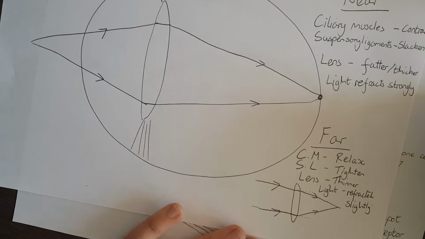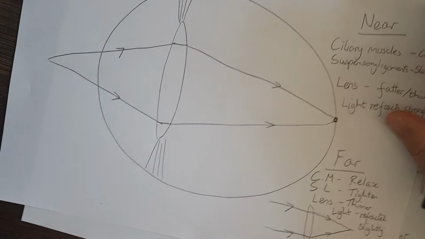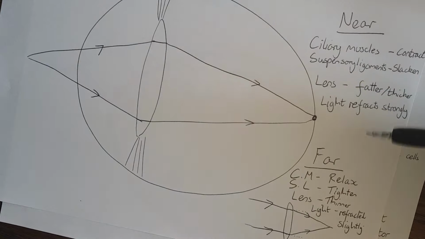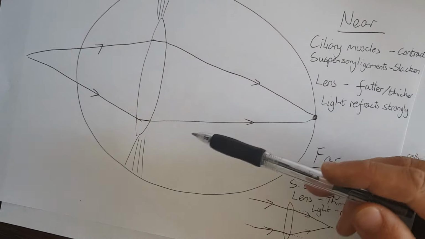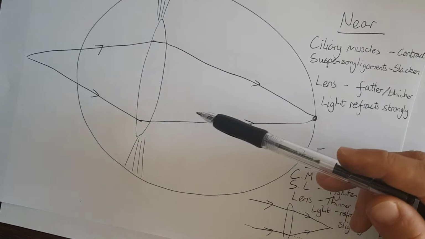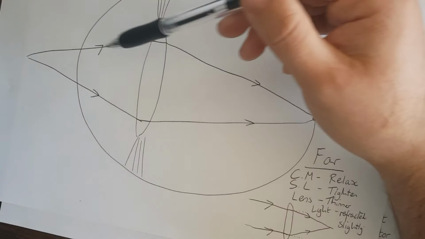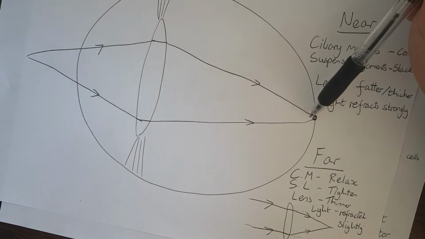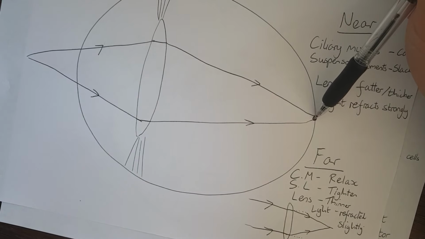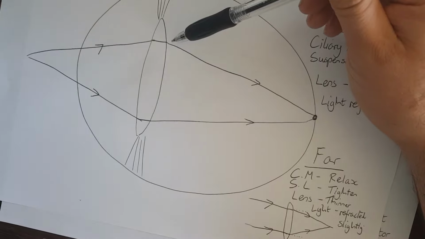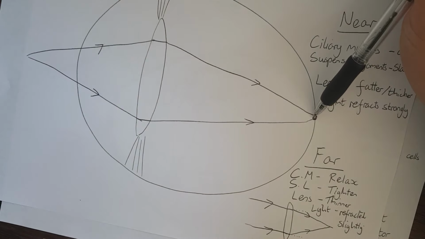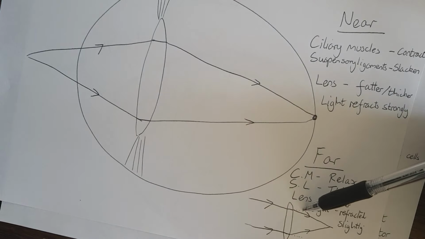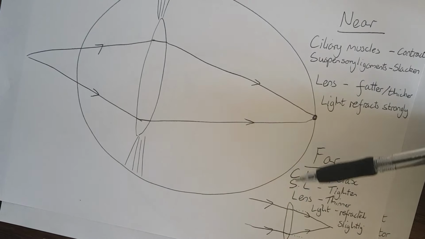Now there are two ways you can try and remember all of this. You can either just try and learn it as best you can, going over it and over it again. Alternatively, you can think about what is happening with the lenses, what's happening with the light, what angle is it coming in at, so what's that angle of incidence, and how much does it need to be refracted by for it to end up in one point. And a thicker lens will give us a greater refraction, meaning we can get one point. When the light's going from far away, it's already parallel, doesn't need to refract as much, we only need a